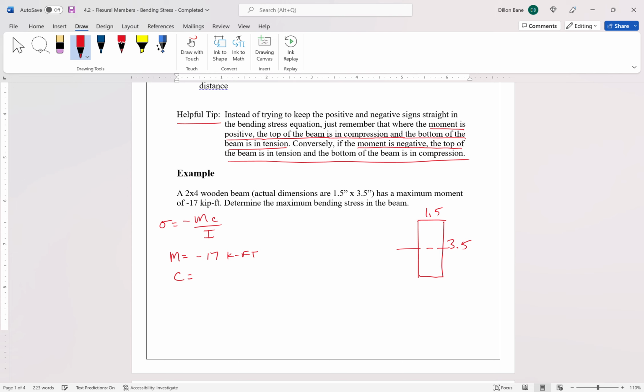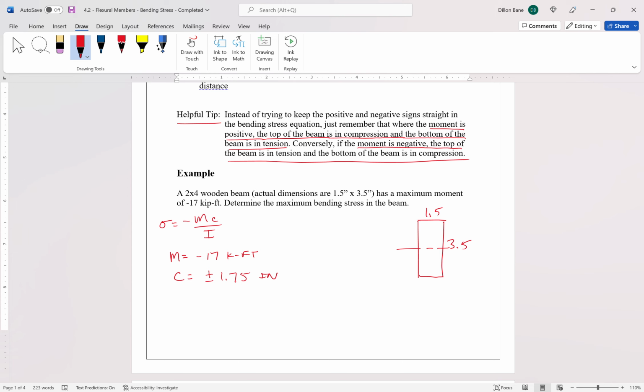C is the distance from the neutral axis to either the top or the bottom of the beam. Now for this particular problem, our beam is symmetric about the neutral axis, right? So C, the distance from the neutral axis to either the top or the bottom, no matter which way you're going, is 1.75 inches, right? Just half of the 3.5. All right, I'm going to put plus or minus there